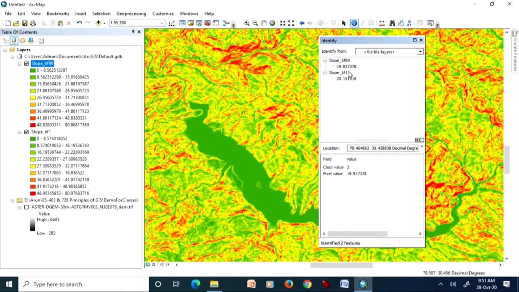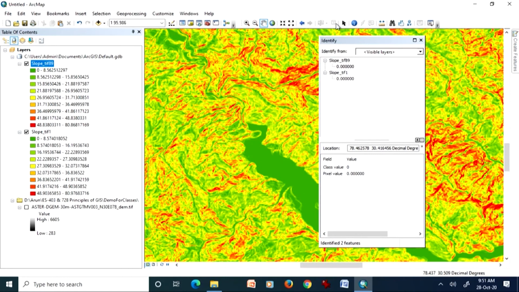So in that way, let's see some other part. If I do it within the reservoir, let's see what value we get. Of course, it should come 0, because a water body is flat on top, and that is why in both of these it is coming 0. There are other green areas also. So if I go to that area and do it, let's see what happens at these very dark green areas like here. Still, not like a water body, there are still very gentle slopes.